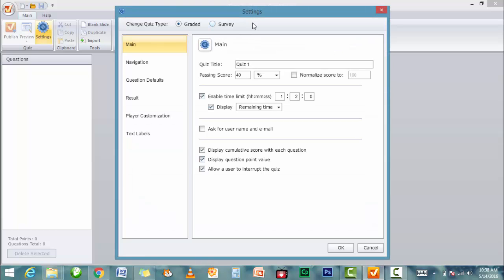This is the settings menu. The settings has a main menu, and under the main menu of the settings you have the title of the quiz. So for the purpose of our study, let's enter current affairs as the title of our quiz, and then how many marks does a student have to obtain before passing. So you set the passing score here,